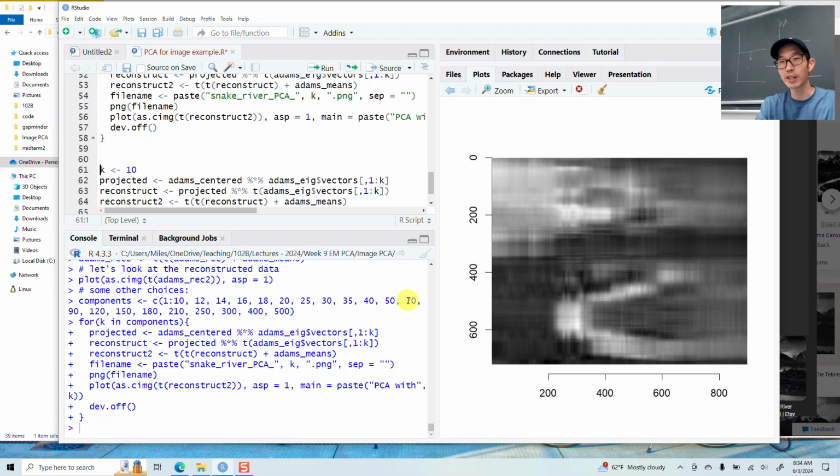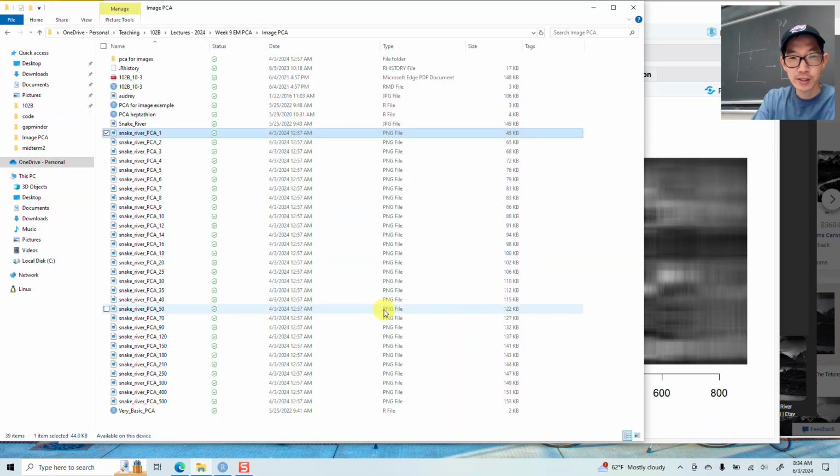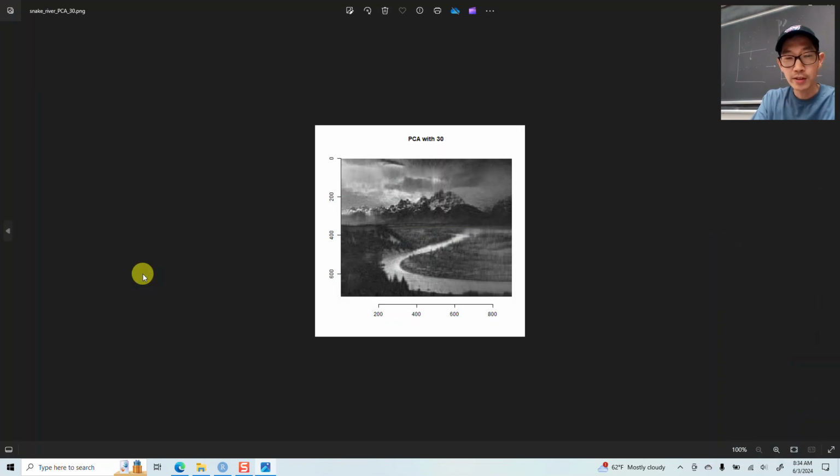From an image standpoint, that would correspond to differences in contrast. So going from, say, 30 to 200 principal components,